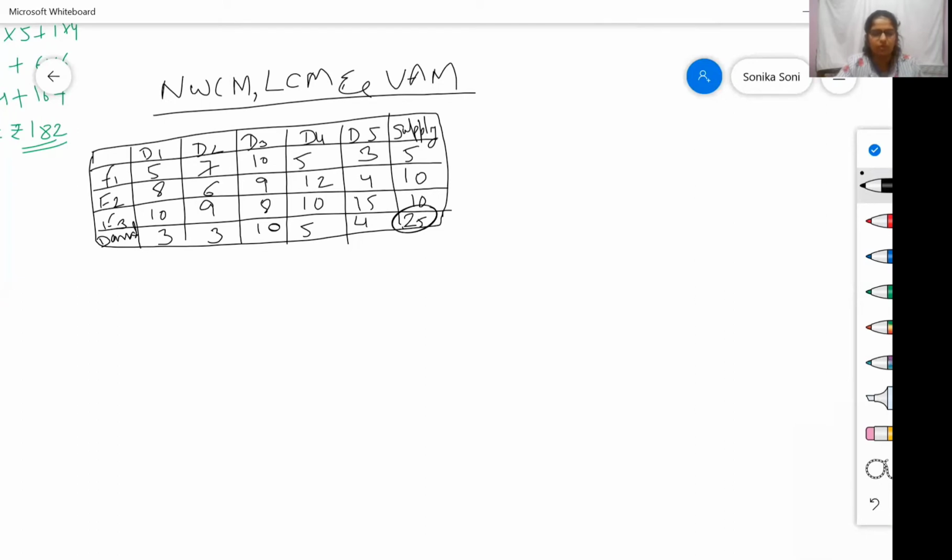So we will solve the same problem with NWCM method, LCM method and VAM method. So first we will see NWCM method. As I already said, it gives the total transportation cost, but it gives the highest total transportation cost. So how we go about that is